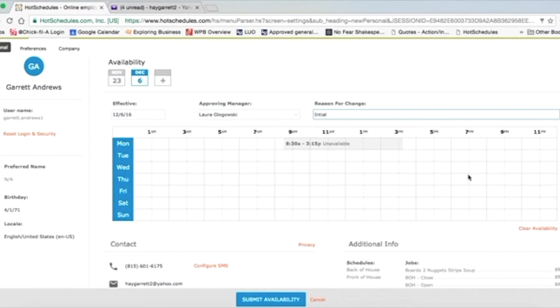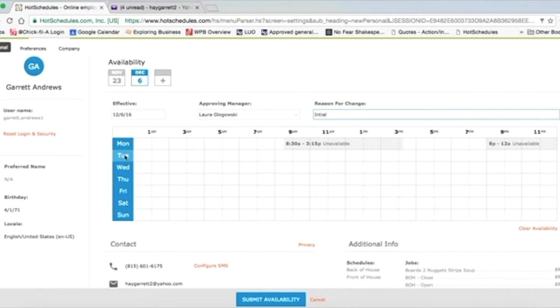And then maybe I've also got something going on that night from 8 to midnight, and so I'm also unavailable during that time. Of course, you can do whatever it is. Note that the schedule does start at midnight, so you want to make sure that you note whether it's AM or PM. If you need to block off an entire day, say you're just completely unavailable on maybe a Tuesday,